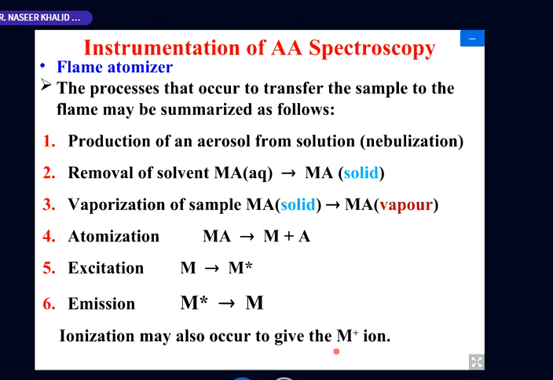it has an electronic configuration different as compared to this neutral one. So it means that it will be of no use. If the energy is less, we are unable to get the neutral atom. If the energy is quite high, it will be more ionizing, and we are getting what? The positive ions. So we have to optimize the temperature, and we can optimize the temperature by using appropriate pressure or quantity of fuel as well as the gas.